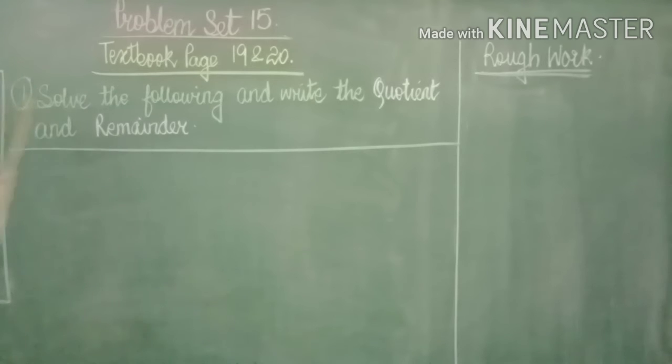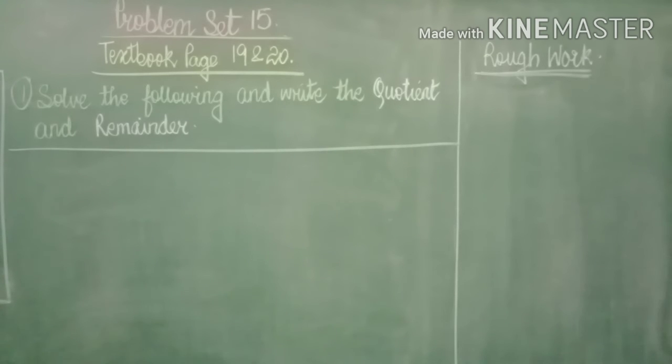So, I have written quotient and remainder with the white chalk because they have asked what they actually want. They don't want the dividend and the divisor because they have already printed in the textbook. What they require is the quotient, which I have written purposely with white, and the remainder. So they want the quotient and the remainder, that is the final answer.